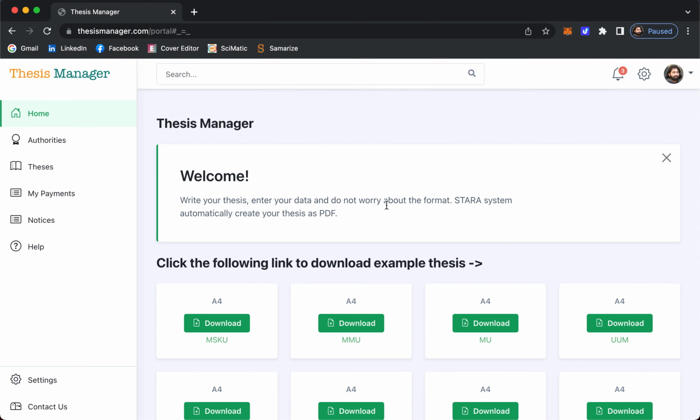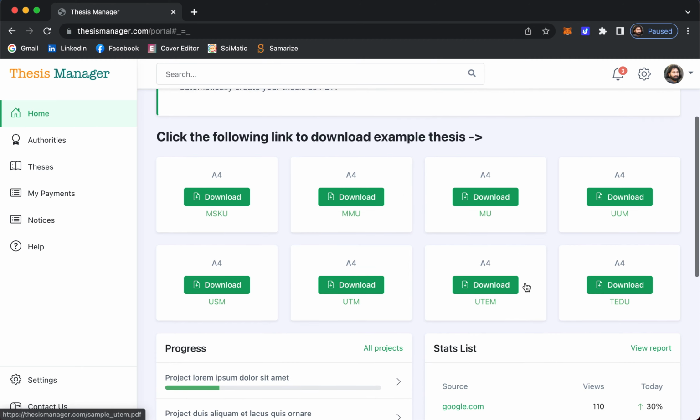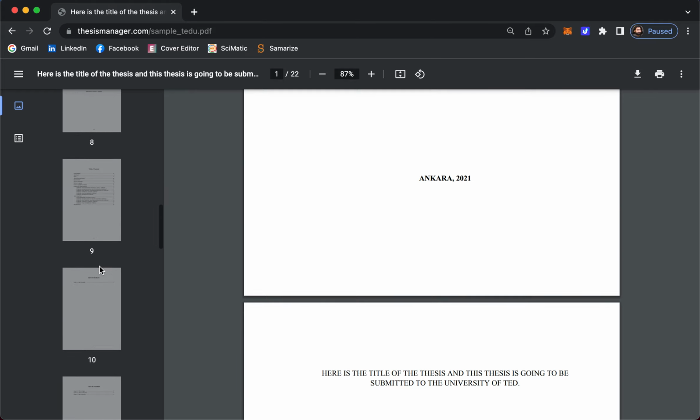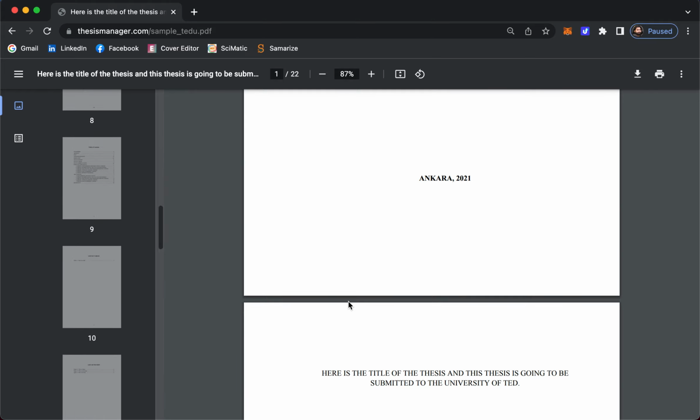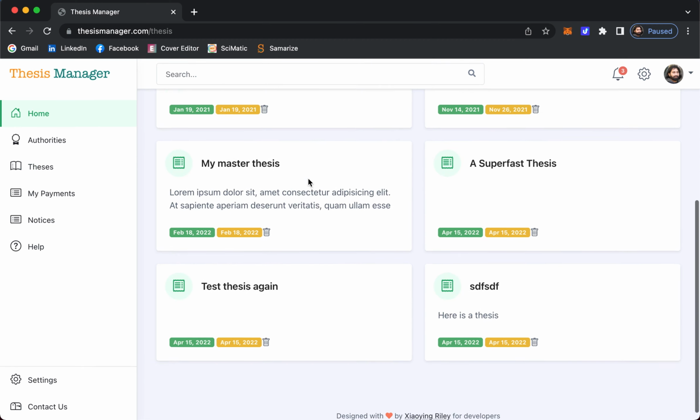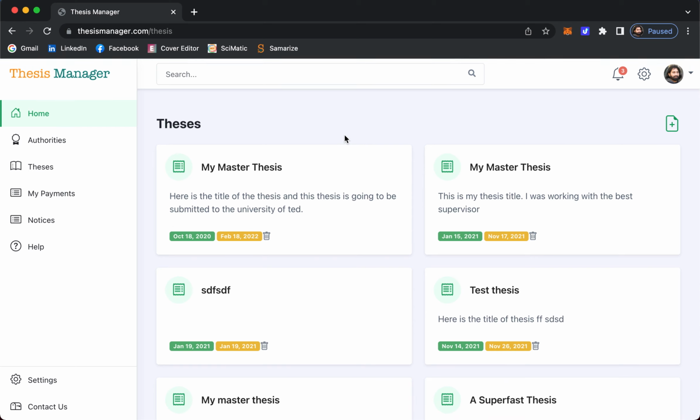and boom, it's logged in. So here today we will check the template of TED University. You can click this download and you can see the template of TED University. If your university wants to adopt this template, you can use this one by clicking on thesis here on the left side. Click thesis. And the thesis you are working on, you can see here. You click this one